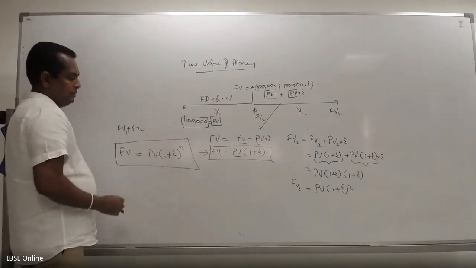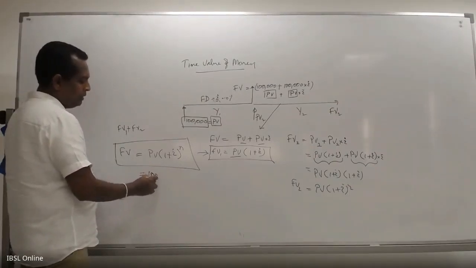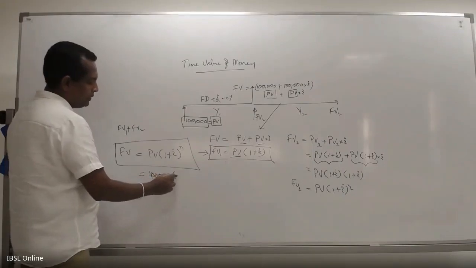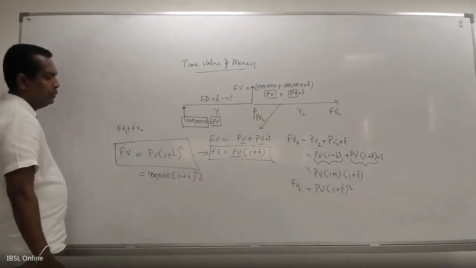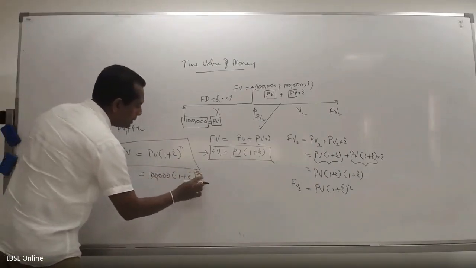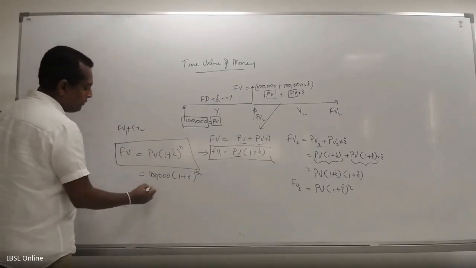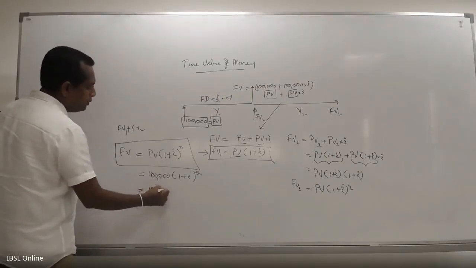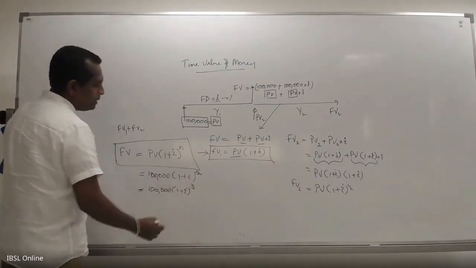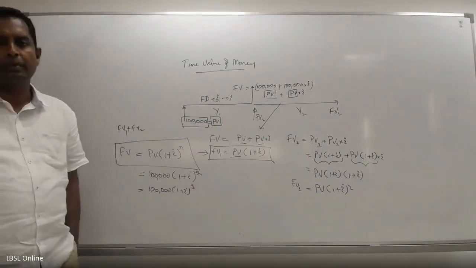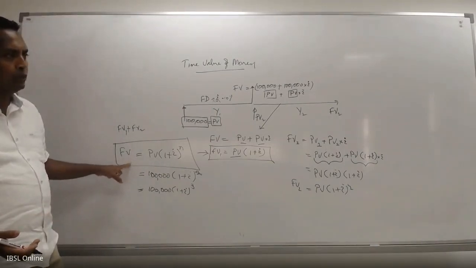number of years. So this one is 2 years, this 1 + I to the power 2, right? This is 2 here. If you want to find out after the third year what is the future value, this 1 + I to the power 3. Fourth year, 1 + I to the power 4, like that. So this is the formula we are going to use for